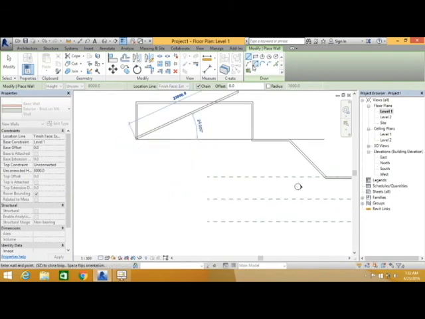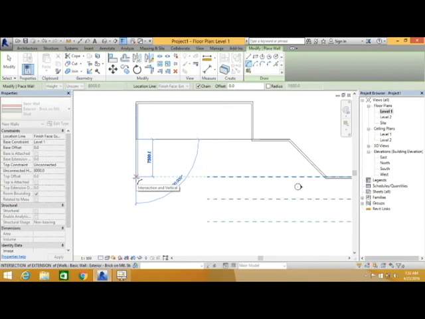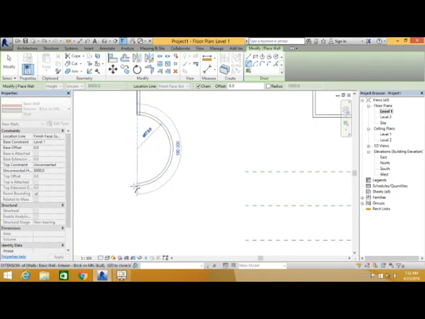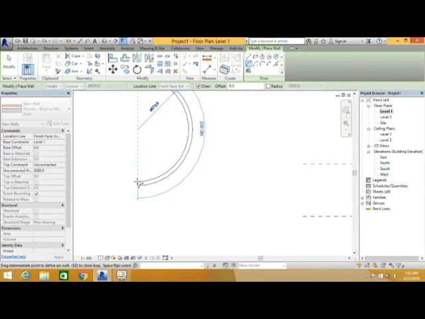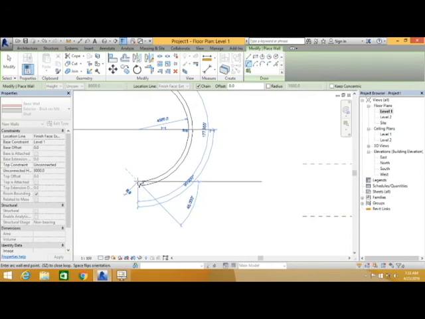Now I need an arc wall, so I can select the arc, but you can see that the wall orientation has changed over here. Again you press the space, then the total diameter of the wall is 9000, so I type 9000 over here, enter. So the wall is generated. You can take this direction or this direction, and you keep the mouse pointer here and click on the exterior finish or exterior face, then you can see that the wall radius is taken there as 4500.